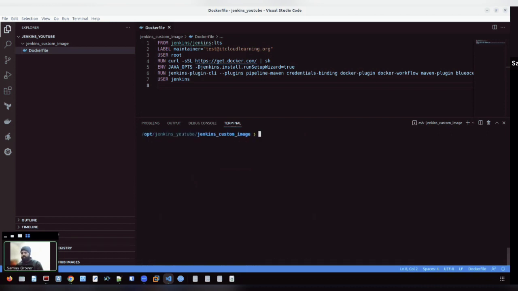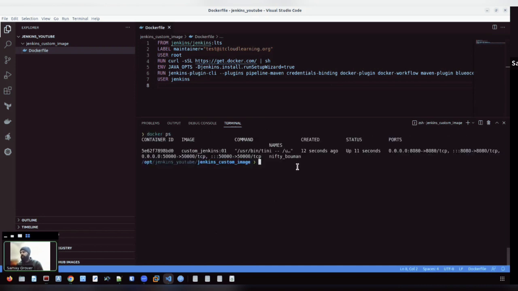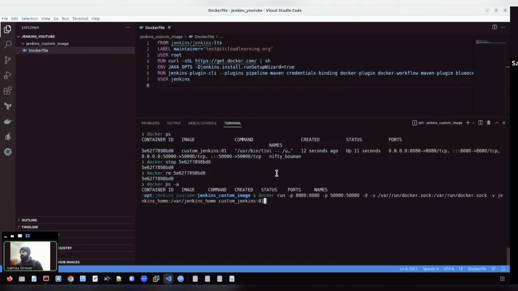I can do docker ps. You will see 12 seconds ago, a container started. This is the image it's using, and this is the default name. So I can specify the name as well. So let's clean this. I can stop the container, docker stop and the container ID, and I can remove this. Let's do ps -a. There is no container running, so I can specify a name,